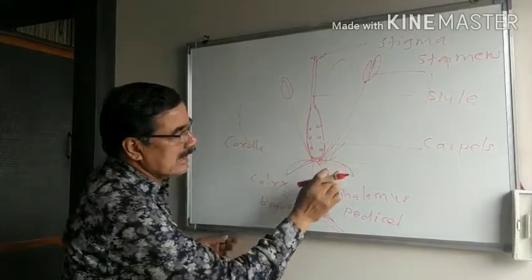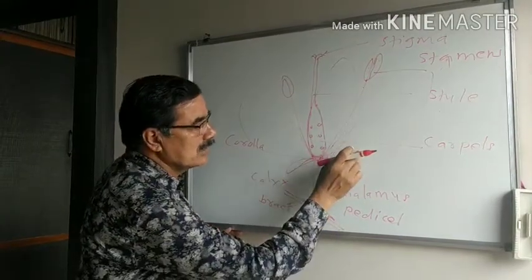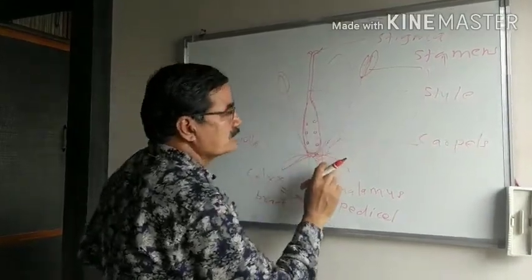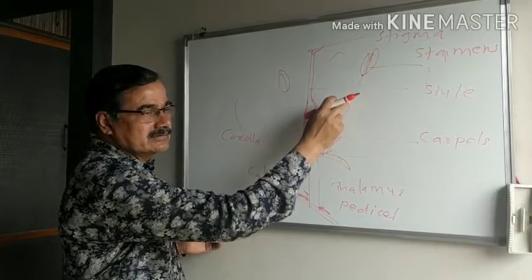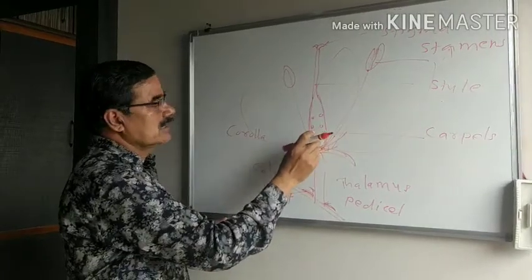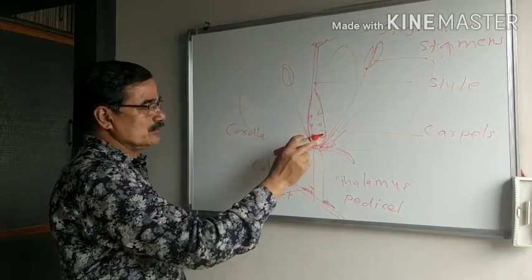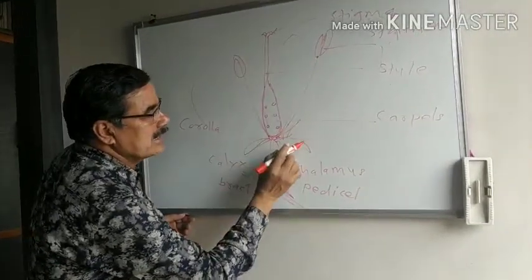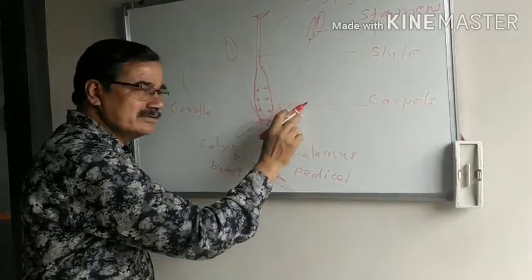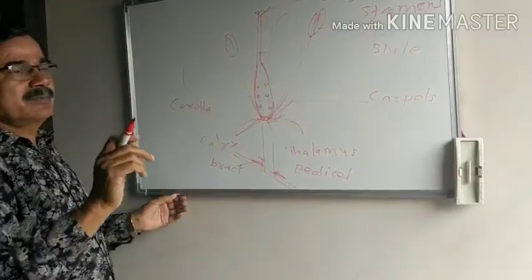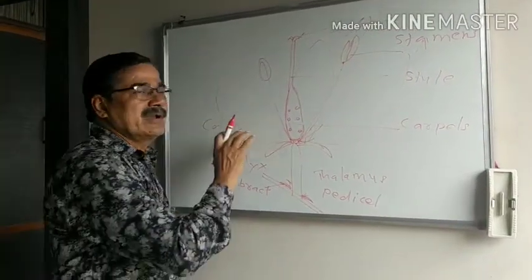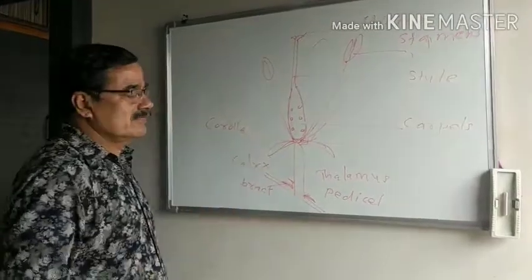The calyx is the outermost whorl, the corolla is inner to this calyx in the second position, arranged in a cyclic or spiral manner. These are the accessory whorls. The androecium, an essential whorl, is arranged in the third position, and centrally, the fourth, is the other essential whorl, that is the gynoecium. When calyx, corolla, androecium and gynoecium, all four floral whorls are present, the flower is said to be a complete flower. The majority of flowering plants have complete flowers.